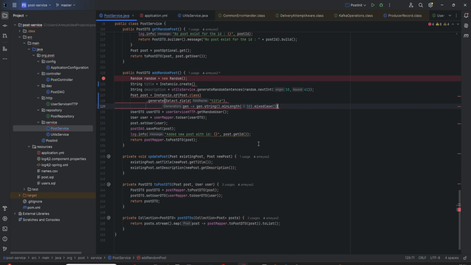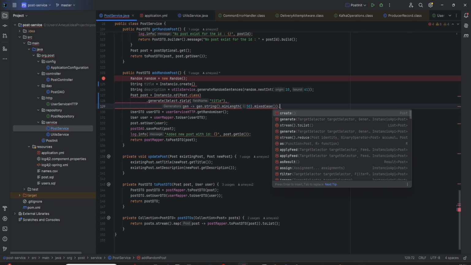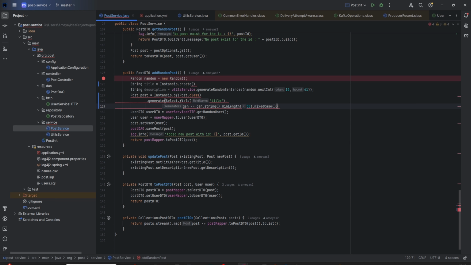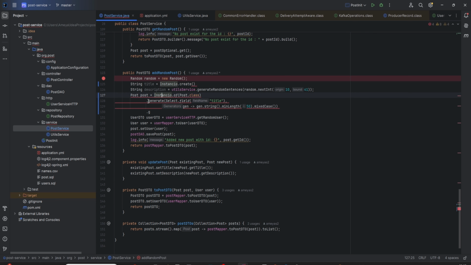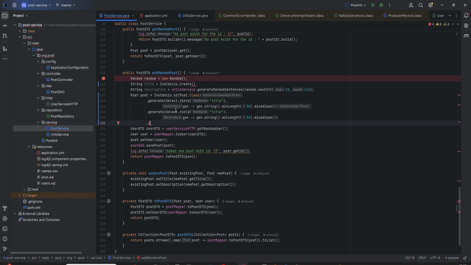With a mixed case dot generate a field of description dot min length of, let's say 100, or let it be 50 with the mixed case, and dot